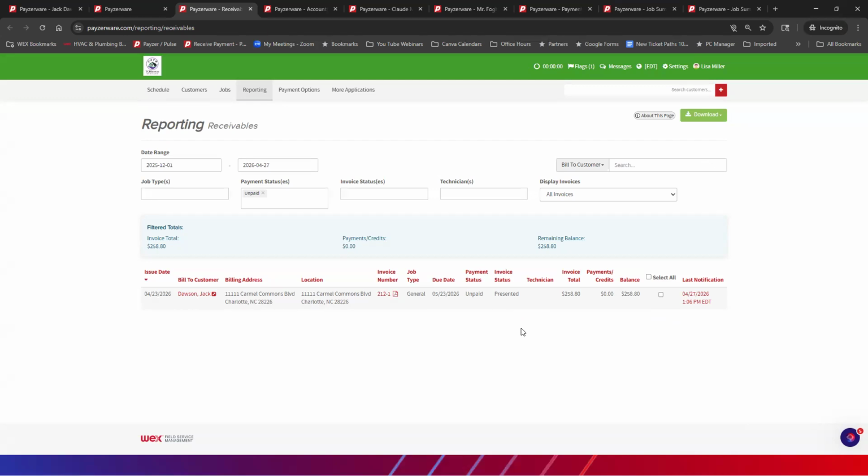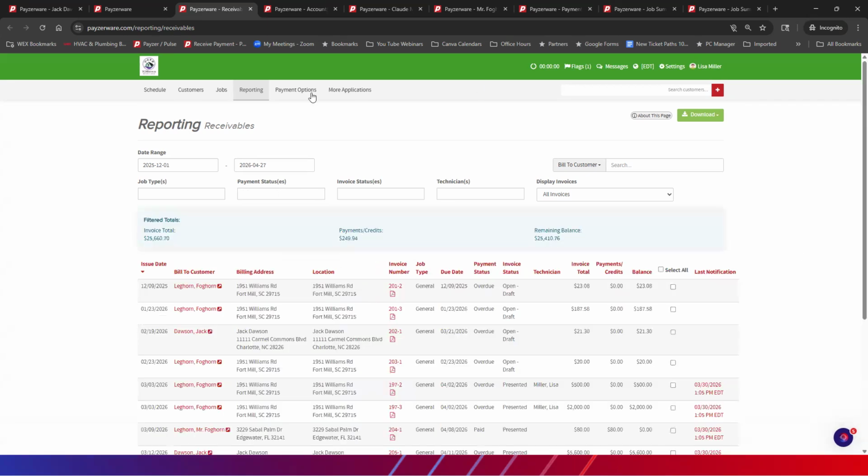Nobody likes to do collections. It's a lot easier to send these out and try to get them to pay and respond to you than to reach out and track them down and get them to answer the phone. So you can always use this feature on the accounts receivable and with any of our reports that are